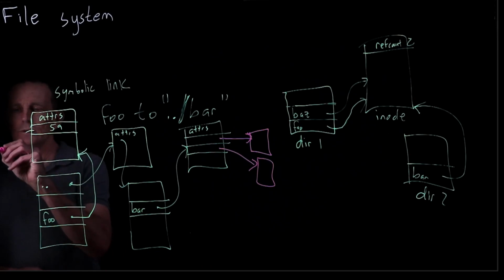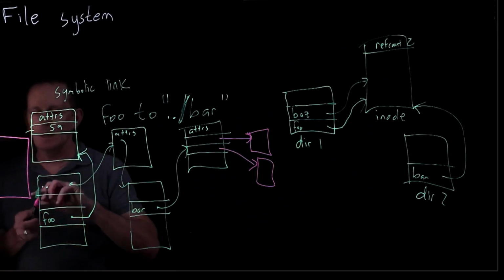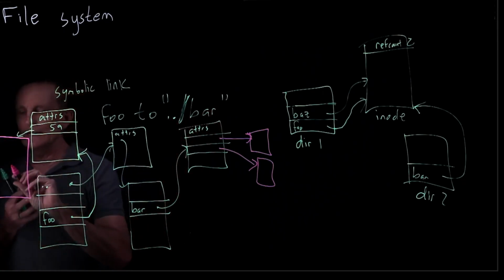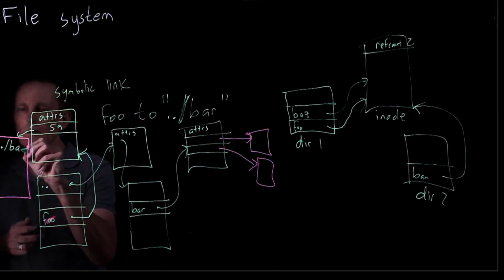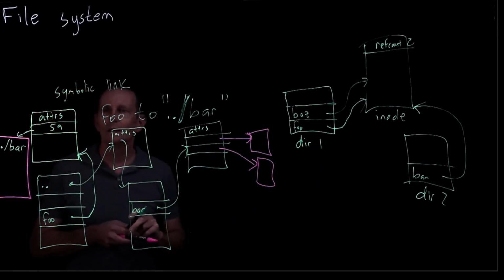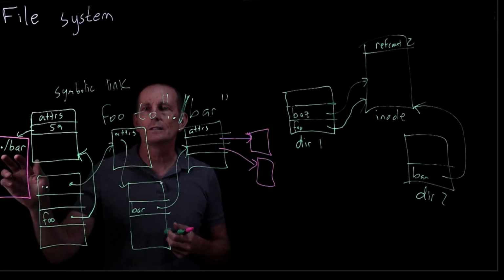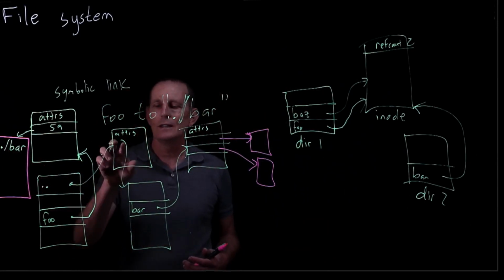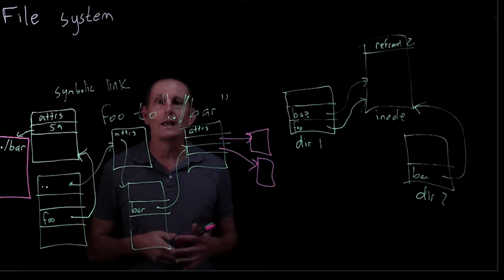For foo, its disk block's going to be here, and its contents are very simple. That string, ../bar. So a symbolic link can be relative or it can be absolute. In this case, it's a relative one. So it's always going to just go up to .. and then find bar, and that's the direction we can go to. If bar isn't available, we'll get an error when we try and open that symbolic link.